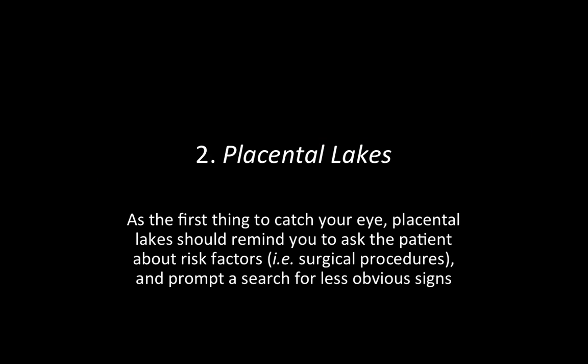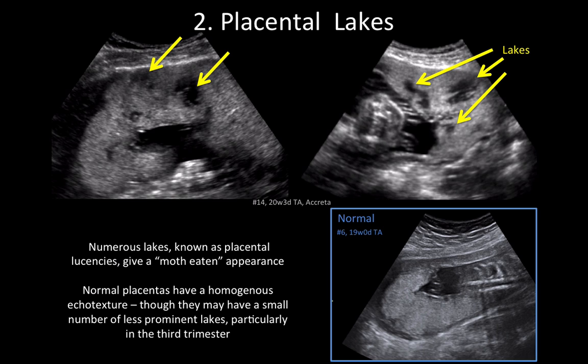The next finding we look for are placental lakes. It's often the first thing to catch your eye when you're looking at a pregnancy and you see these lakes, and it makes you say to yourself, oh, are there any risk factors? Does she have any prior surgical history like a C-section or a myomectomy, to prompt us to look for the less obvious signs? So here you can see these multiple lucencies where the yellow arrows are in this patient who was at 20 weeks gestation,